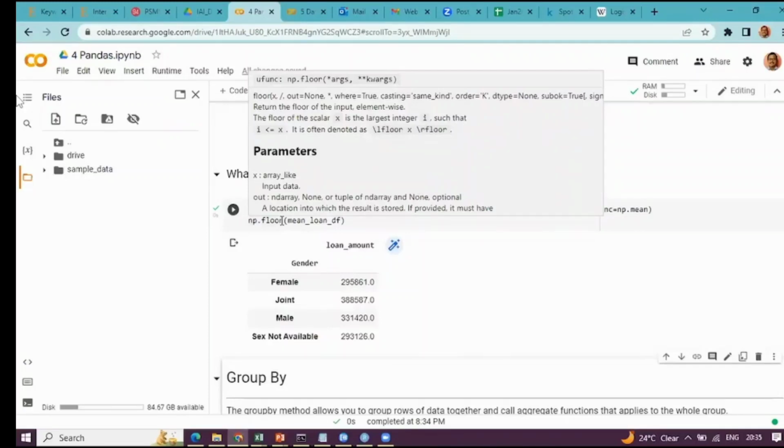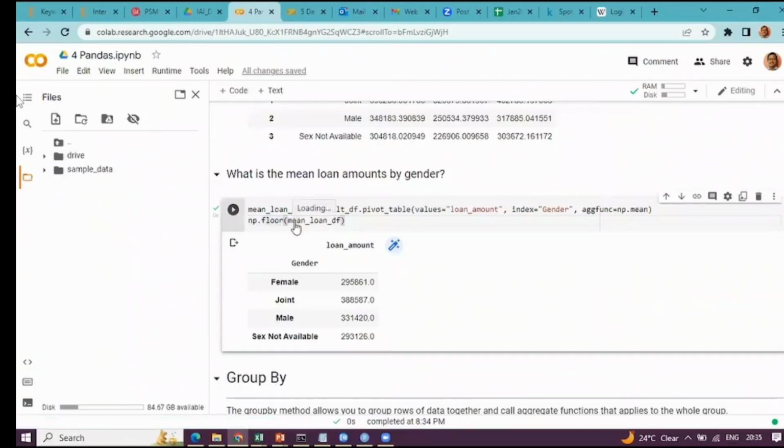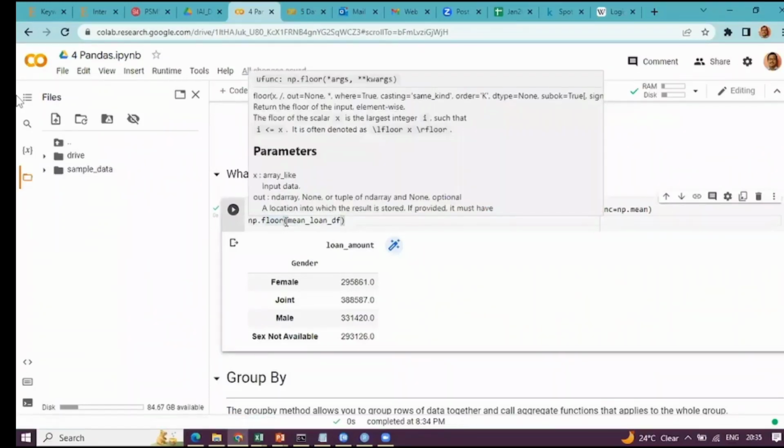So I got a mean amount. For each one, again, it is coming out as floor. So what we can do is,